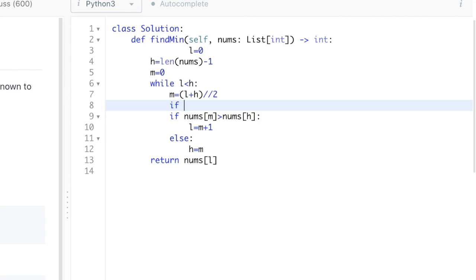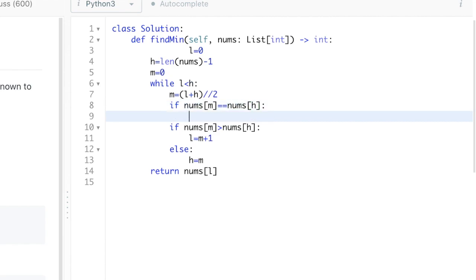If nums of mid equal to nums of high, then we are going to check again if nums of low is equal to the value present at nums of mid.